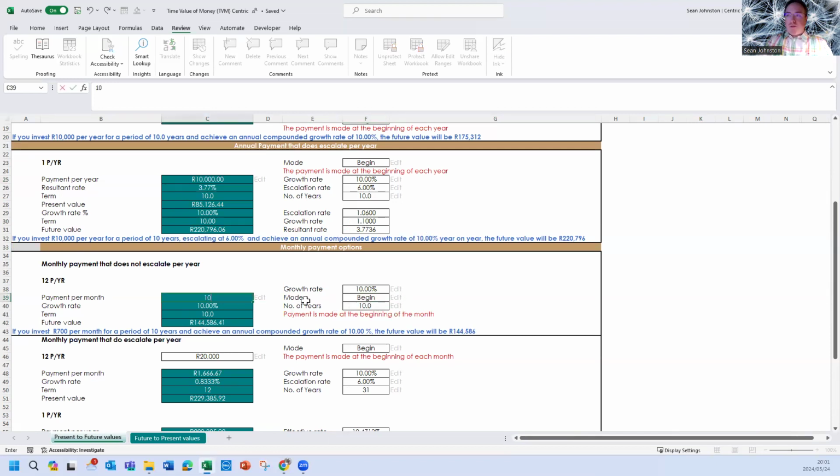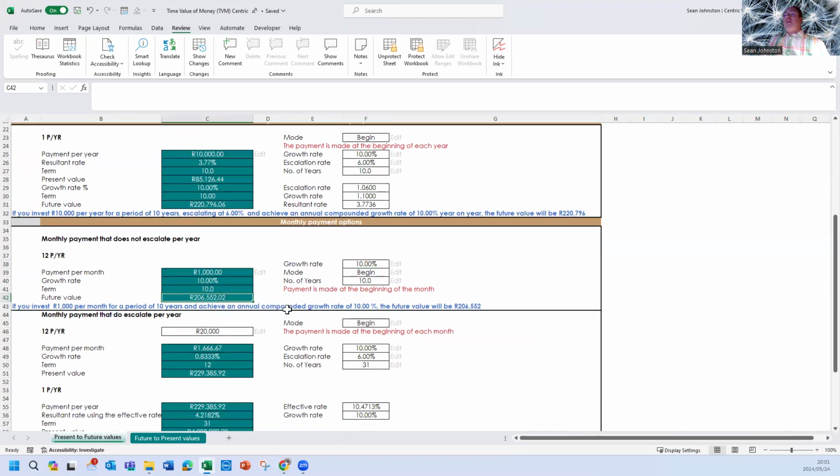So let's say now a person puts away 1,000 Rand a month. The growth rate per year is 10%. This does not escalate. This is just purely 1,000 Rand invested for a period of 10 years monthly. The expected future value, if you invest 1,000 Rand, an easiest way to work out the growth is you take the contributions. So you take 1,000 times 12 times 10,